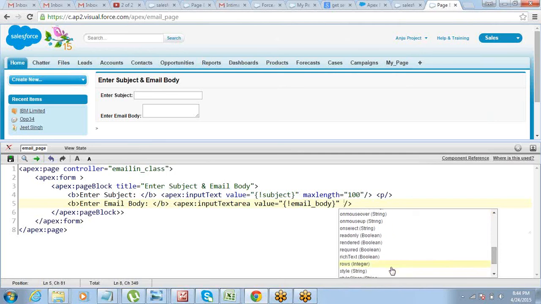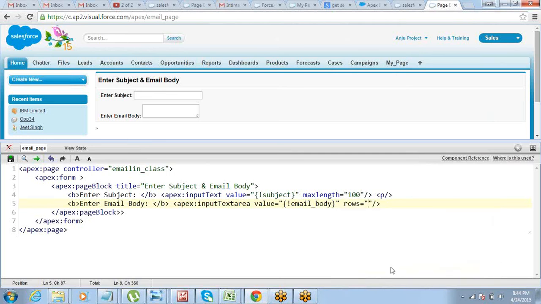Okay, so it's 6 rows. In case you want a bigger section for the email body, let's say 50 columns.